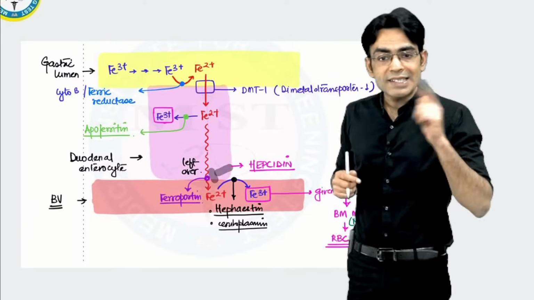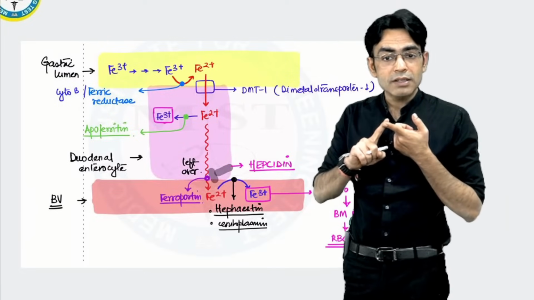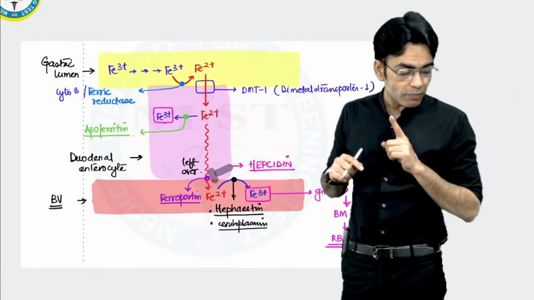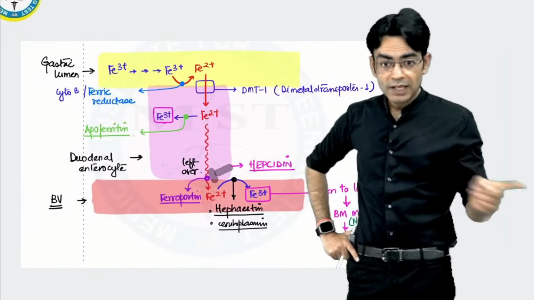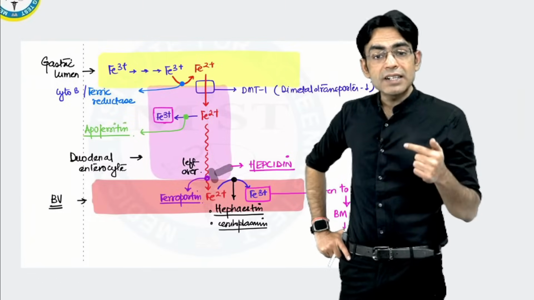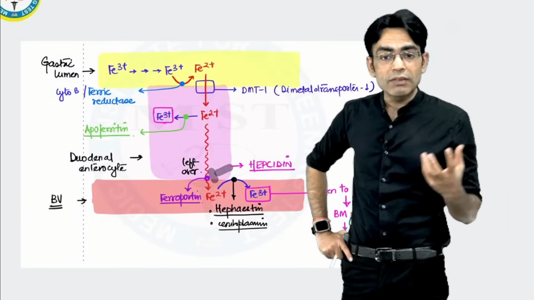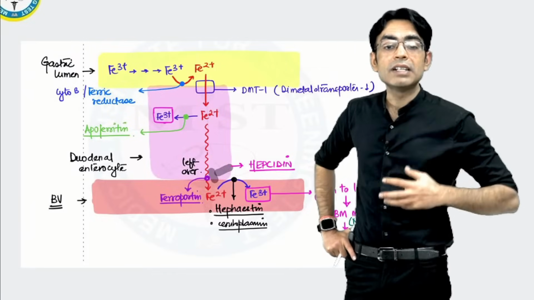The liver gets activated, and what is the interleukin which is required for anemia of chronic disease? Which interleukin is more important? The interleukin which is more important is interleukin 6. Recent exam question. Interleukin 6 gets secreted in anemia of chronic disease, in a chronic inflammatory problem, and that interleukin 6 is gonna activate the liver.